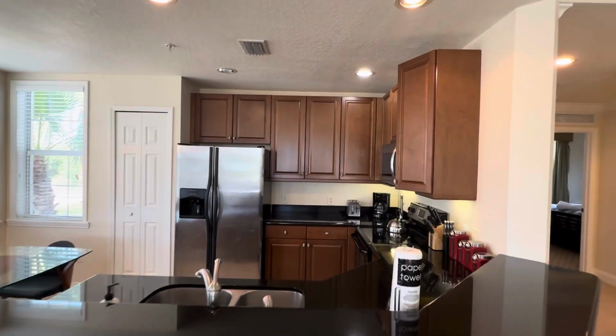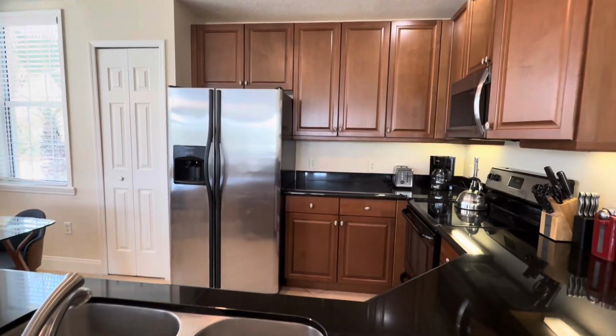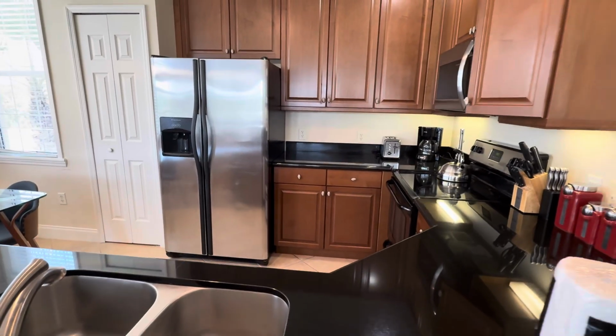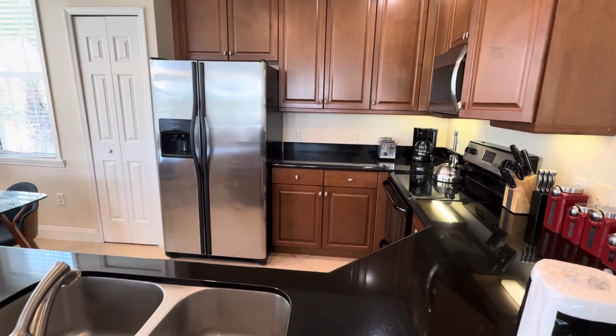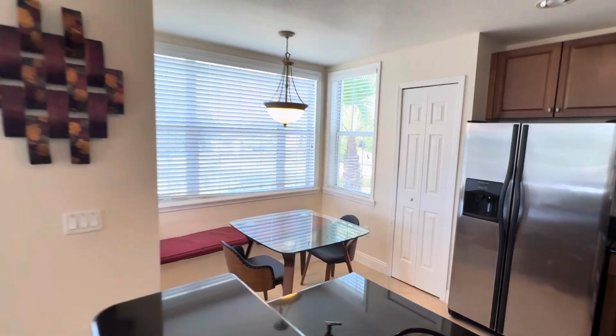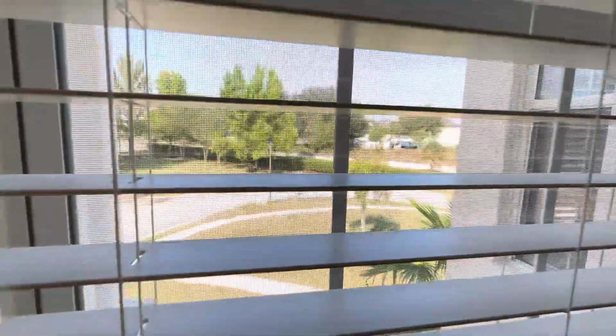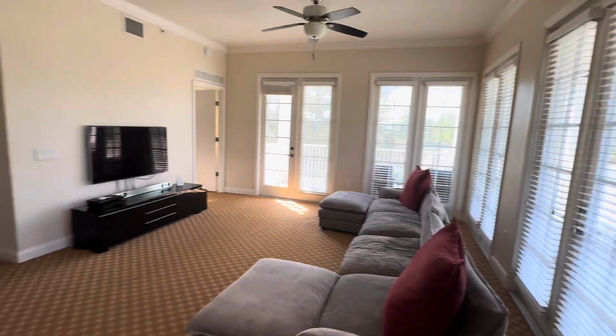One thing you can do to this unit, if you purchase it, is add some backsplash. That would really make it look great. It already has the lighting on the countertops, but backsplash would be easy to do. You have a nook for a breakfast nook. And you have a really great view, particularly from this angle here. Your mailbox is just out the door as well, so you can see